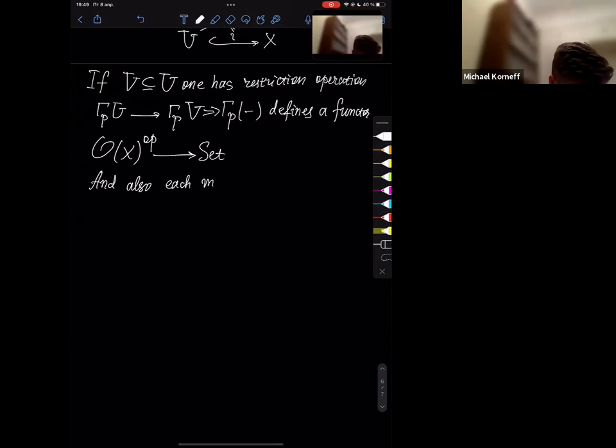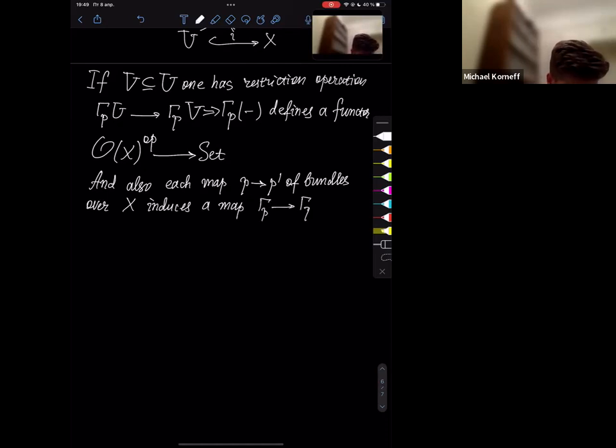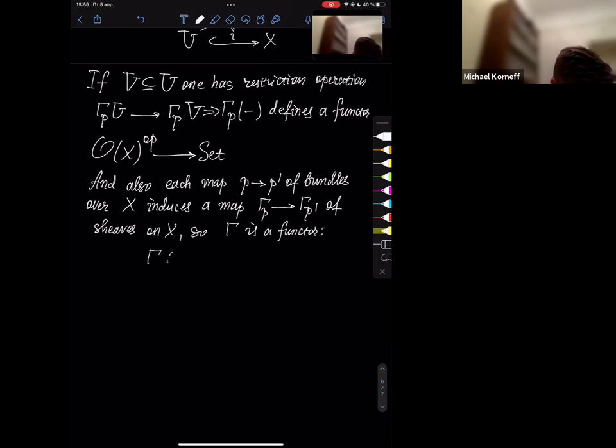each map P to P prime of bundles over a fixed space X induces a map gamma P to gamma P prime of sheaves on X. So also gamma is a functor from the category of bundles to the category of sheaves. Okay, this was an example,